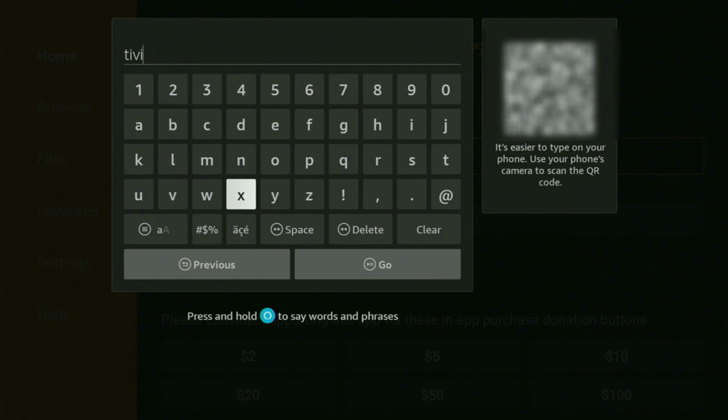So it's tivimate.com. So here we go, just enter the link as you can see on the screen, click on Go, and while